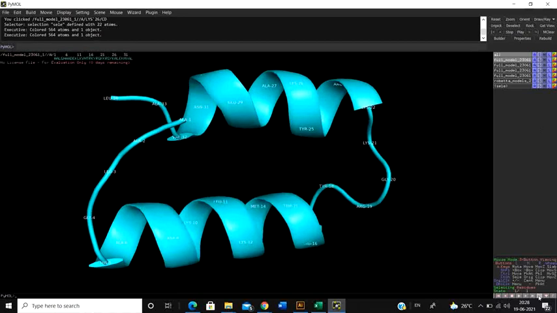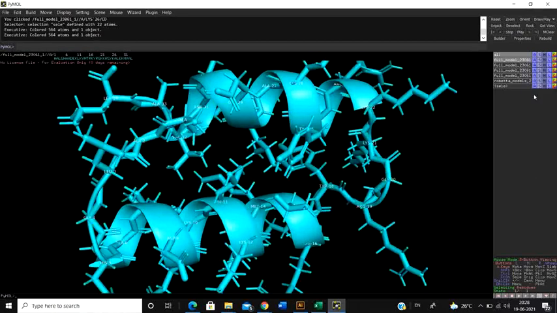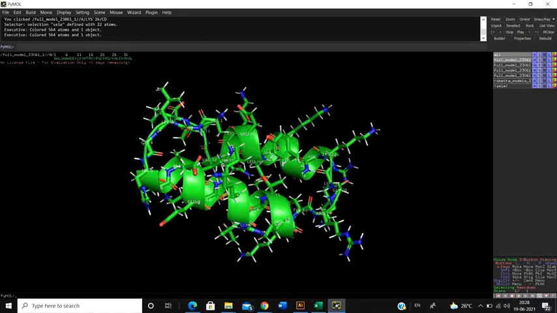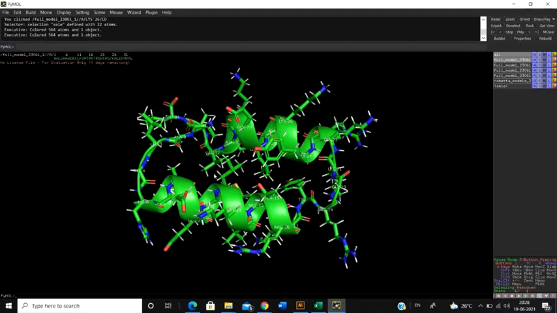Now remember, as I've told you, there are several proteins for which we color it by element. Now there are several proteins which, when you identify or download them from the server, lack the hydrogen atoms. Why? Because in X-ray structures, the hydrogens are really left off. So sometimes the protein might have no hydrogen atoms, or sometimes they might have hydrogen atoms. And sometimes the hydrogen atoms also cause some problems.